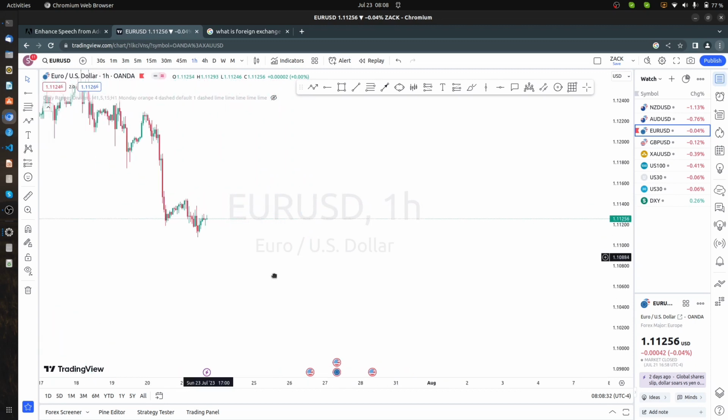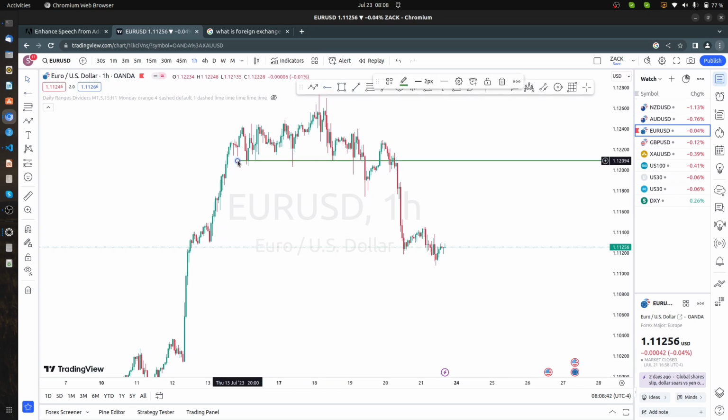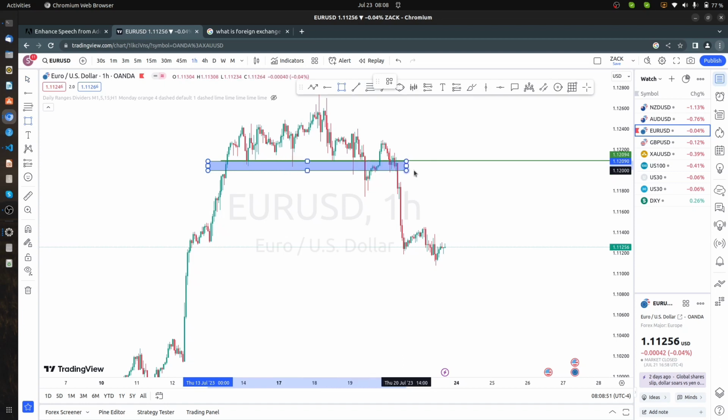So as you can see here right now, the market has been moving to the downside. Let's assume you are somewhere here. Let's say that you saw that the market has broken key low. Then you are waiting to enter your sells. So by the time you're deciding to enter your sells,